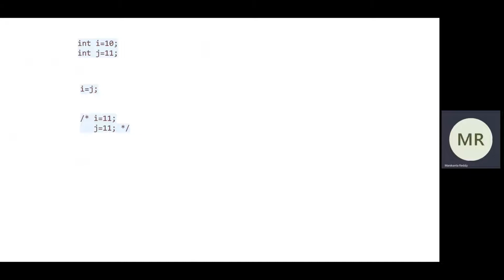Any changes made to I will not impact j, and any changes made to j will not impact I, just because we have said I equal to j. So when we do j plus plus, that is incrementing j by 1, I still stands at 11 but j stands at 12.